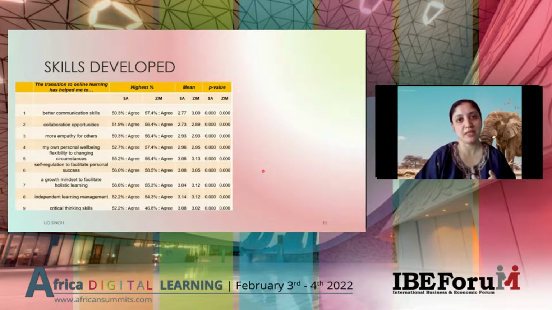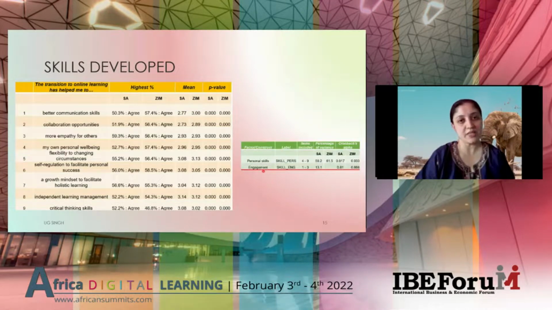Likewise, we investigated the type of skills which were developed in these students in the transition to the online space. As you can see, of the 9 skills which we listed for the students, they agreed that they had developed all of these skills. Once again, we did a factor analysis on this set of skills, and we found 2 groups of factors which emerged.